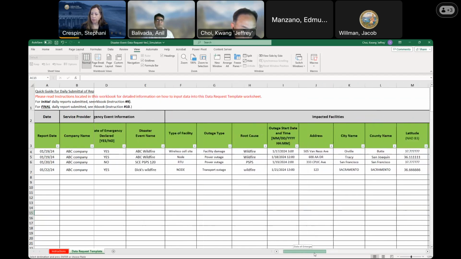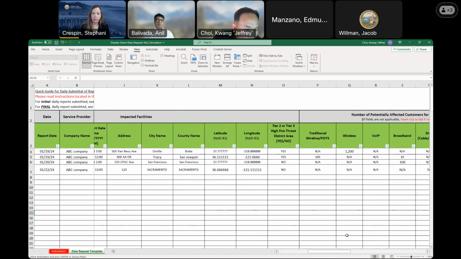But if you have any update to what you reported previously, for example, you didn't know this information on the first day, so you put TBD here, and then you got to know this information on the second day, then you can put the information here and send to us.